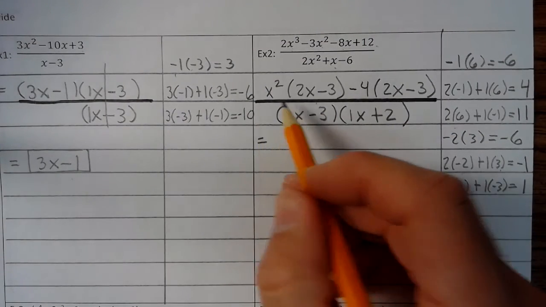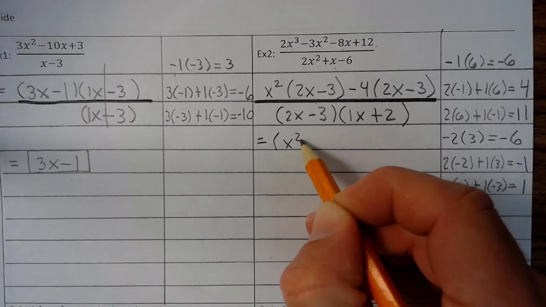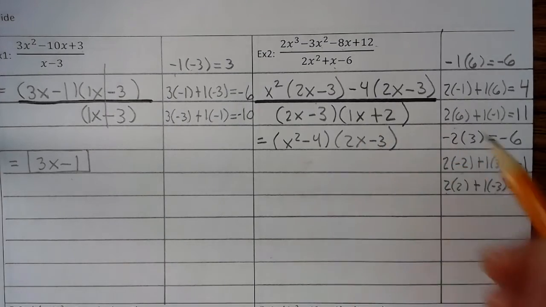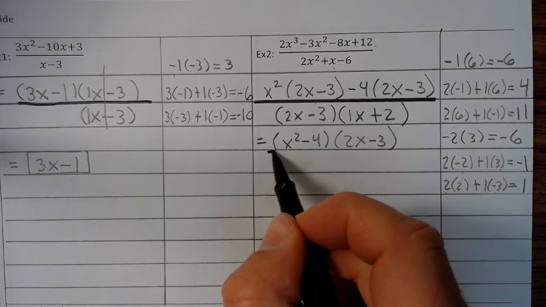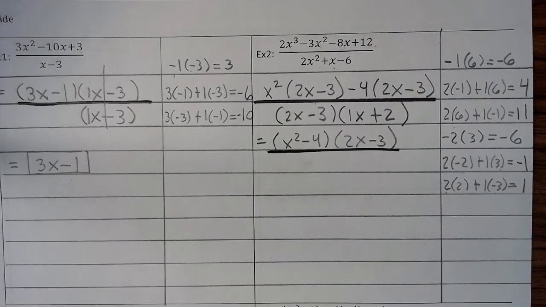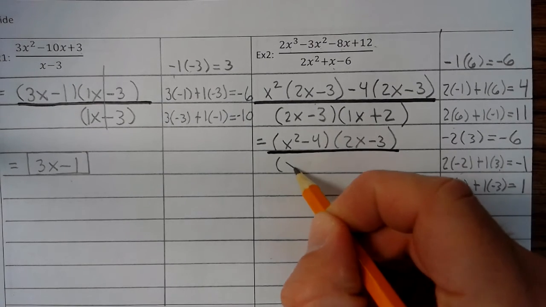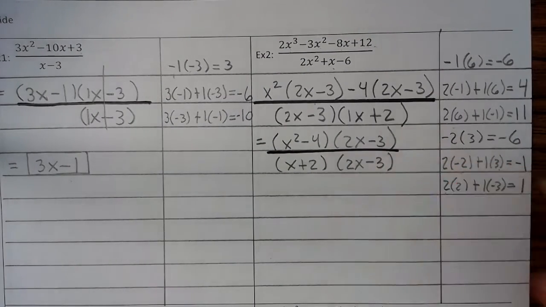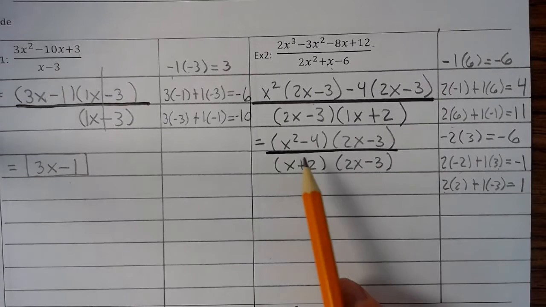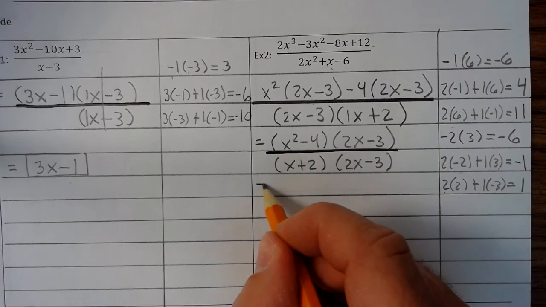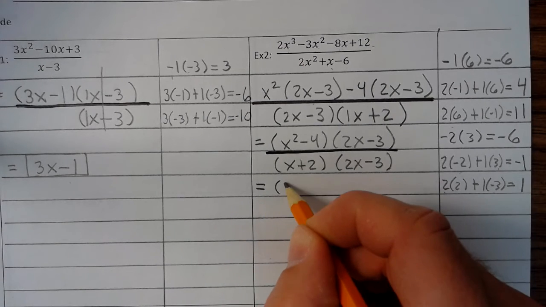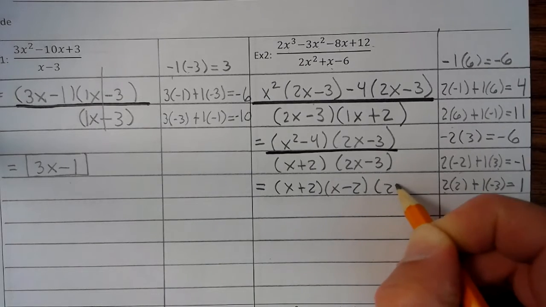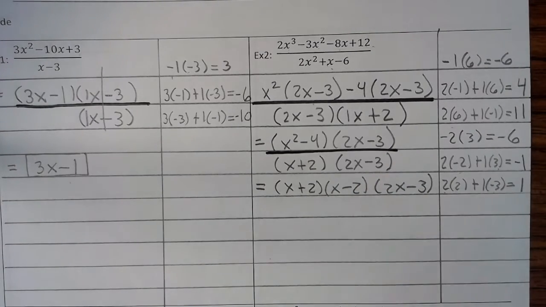Now let's come back to the numerator. We can group x squared minus 4 together and 2x minus 3, divided by, I'm going to go ahead and put the x plus 2 here and the 2x minus 3 here. Now, we're almost done, but we can factor x squared minus 4. So x squared minus 4 factors to be x plus 2, x minus 2, and that's times 2x minus 3 divided by